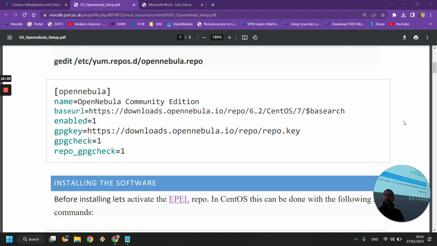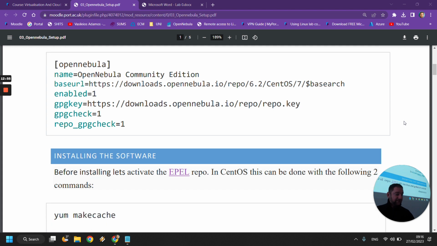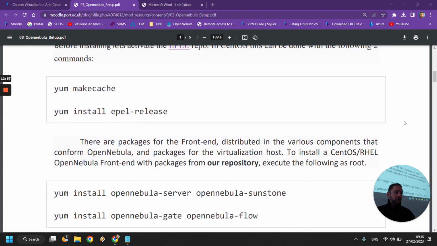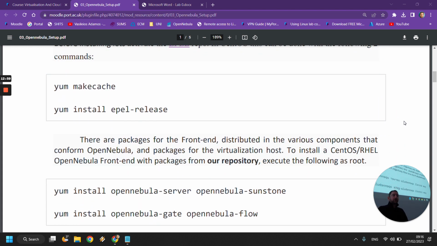However, I do expect you to understand what's happening in the step, and I do expect to see an explanation of this in the logbook itself. Okay, so for example, this step, get a screenshot of the repo file, put it in your logbook, and say this is the repository for the OpenNebula installation, and this basically will tell our system where to go and find OpenNebula. So once this file is in place, we need to run yum makecache and yum install epel-release